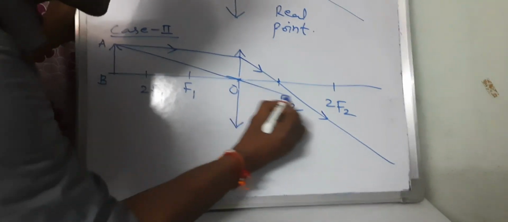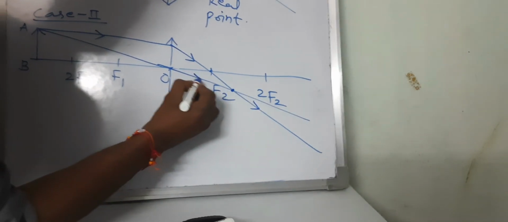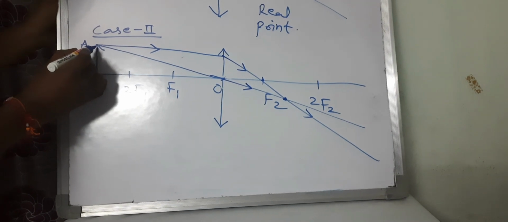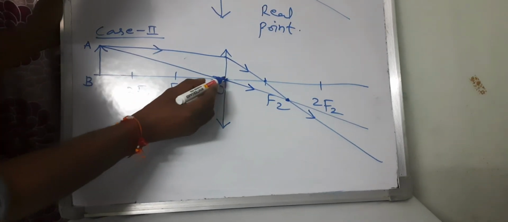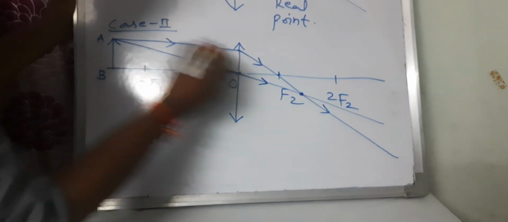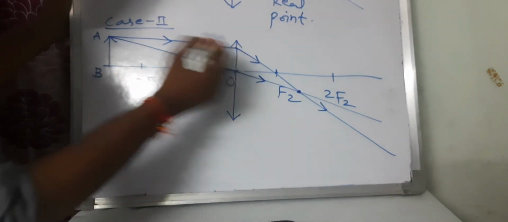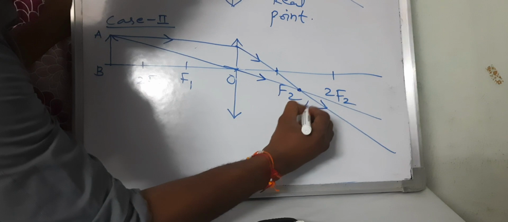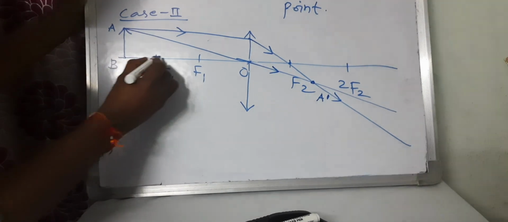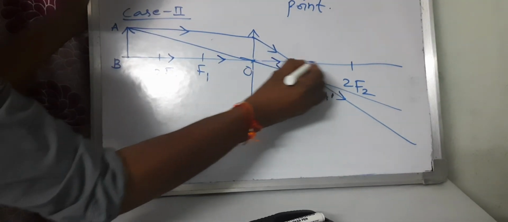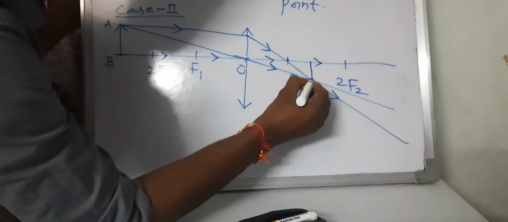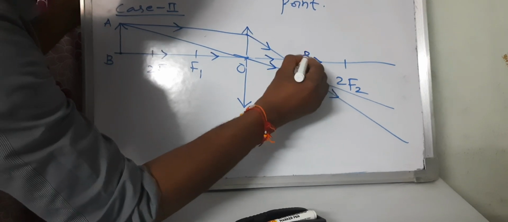So where the two rays are going to meet, that is the location of the image. See here, two rays are coming from the top of the object, from A. After refraction, we observed they are going to meet here. So this is the perception of A. What is an image? Image is nothing but the perception of the object. I treat this as A dash, and here from the bottom of the object, from B, the rays are coming like this. They are passing through the optical center, which are undeviated. So if you draw a normal, this is the image position, A dash, B dash.